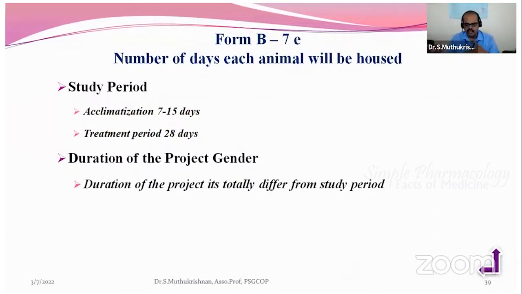If you bring animals from other animal breeders, first you have to quarantine the animals for 7 days, because if that breeder is not maintaining well or they have any infection, it is going to spread into your colonies also. So first allow 7 days for quarantine, then the next 7 days for acclimatization, and only then can you allow them into your treatment protocol. Even with a treatment protocol of 28 days, that is 7, 7, 28, so a total of 35 days, and that's also not the project